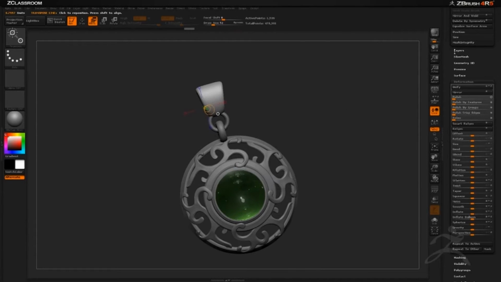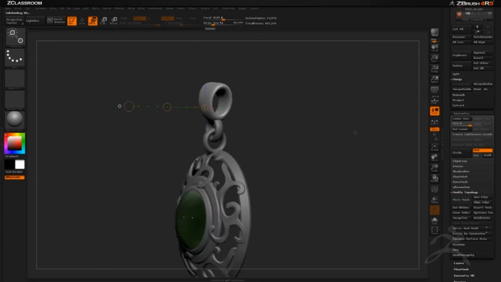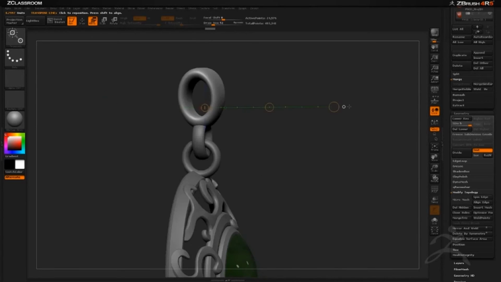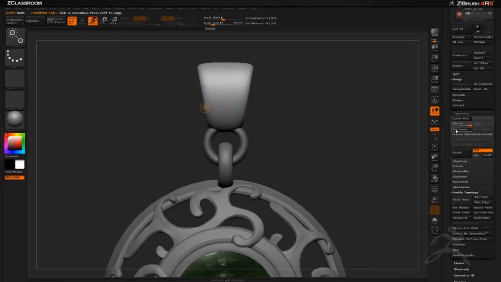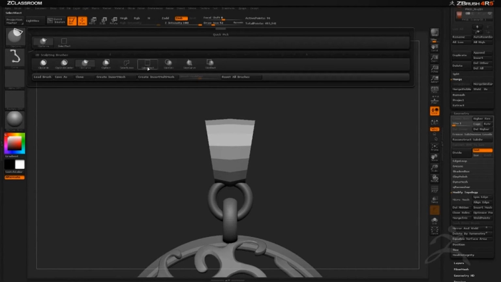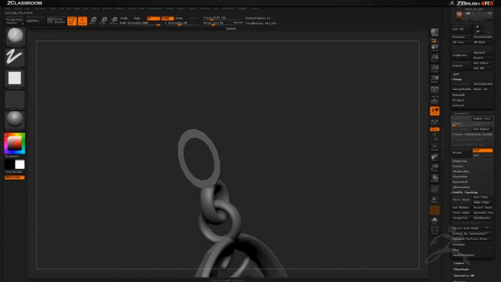So that's pretty good. We can now divide this some more in our Geometry tab to get all that area cleaned up a little bit. And then if we want this to have a rough edge, we can use that Polish by Features functionality again. So we're going to scroll back down to Subdivision 1. We're going to make sure we're in Draw mode. We're going to hold Control and Shift and change it back to our Select Rectangle. And with our Select Rectangle selected, we're just going to draw a green box in the center of our object here. We're then going to hold Alt, which will make it red, and it's going to hide those inner portions